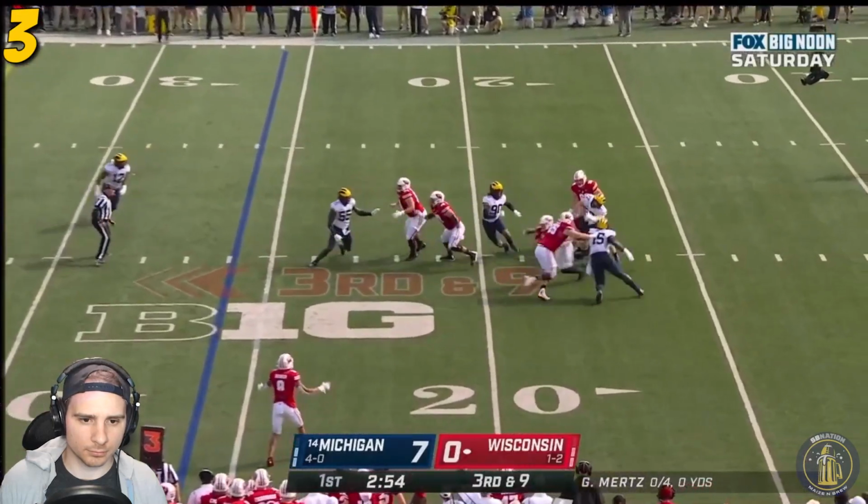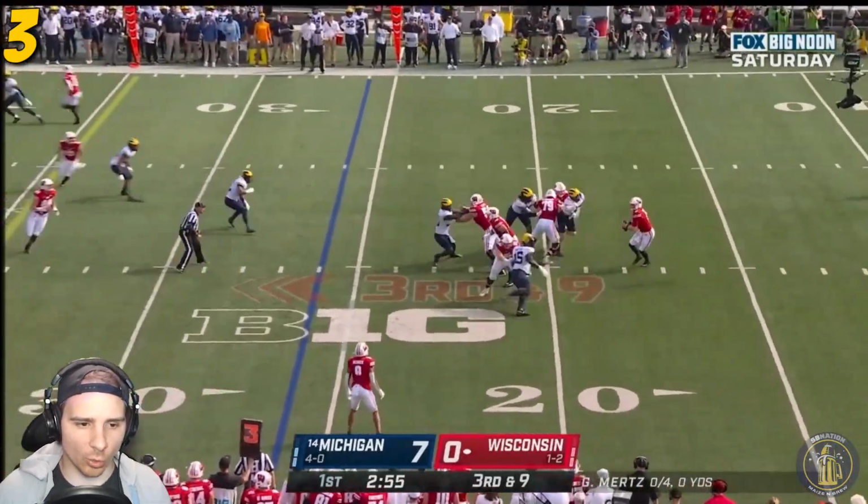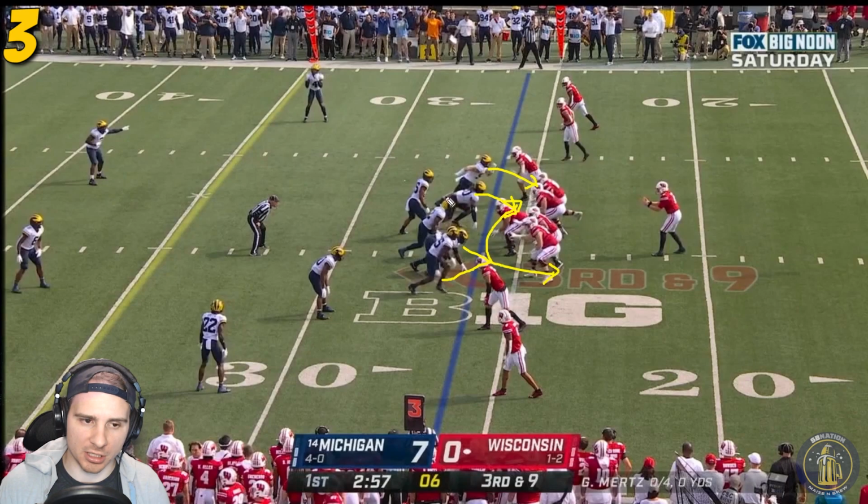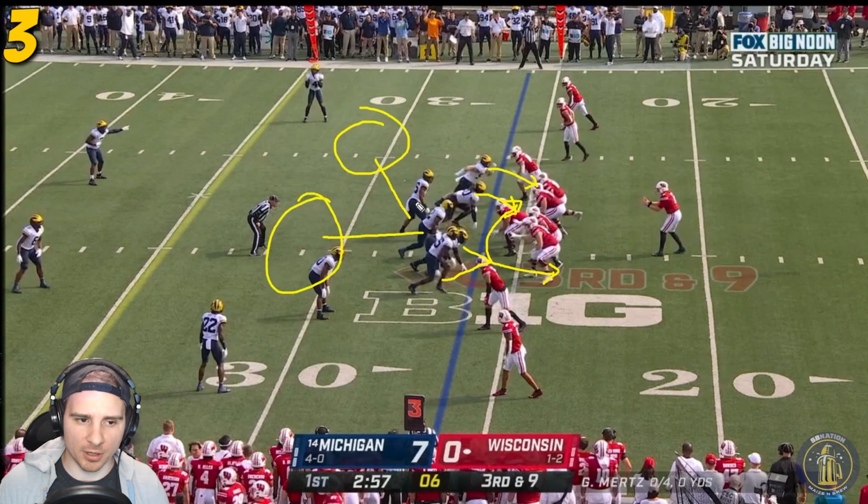Mertz, dancing, Mertz, and really well disguised coverage here for Michigan. So they're only really going to bring 4. You're going to have this cool little stunt from Ojabo. Chris Hinton will go to the outside here, and then just Mike Morris, Aiden Hutchinson off the top of your screen. This play is made, though, because of the dropbacks into coverage from Junior Colson and Josh Ross, okay? Because they're up here at the line of scrimmage,